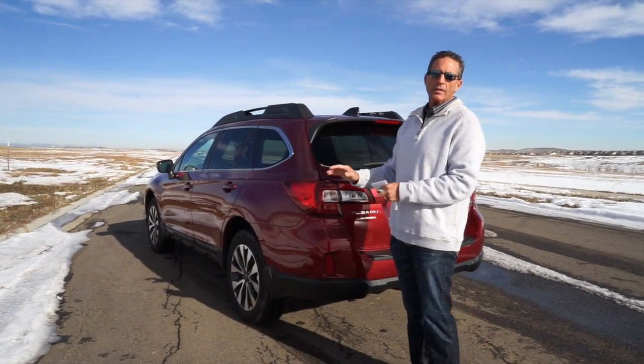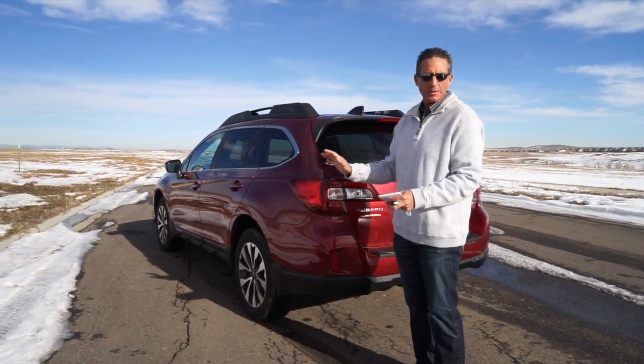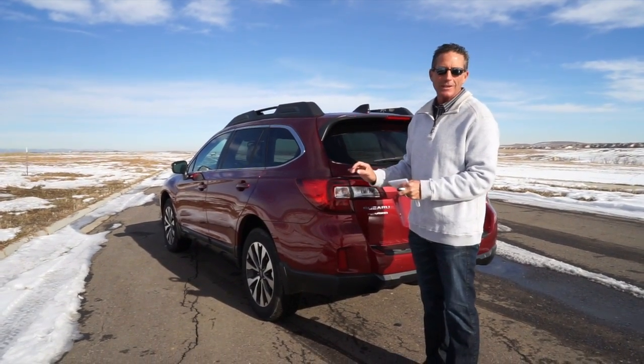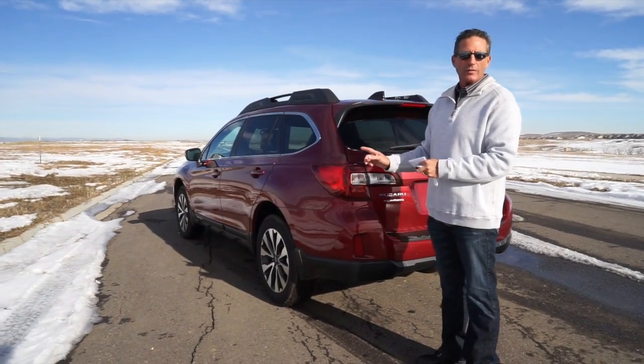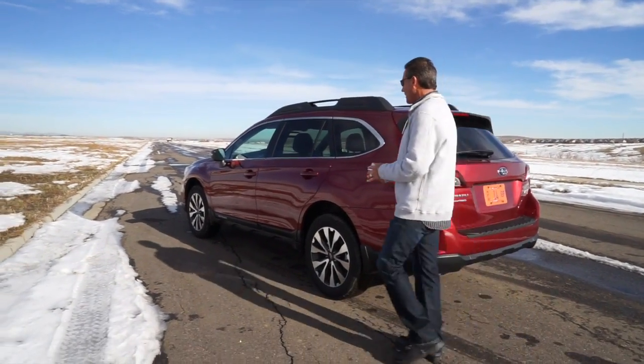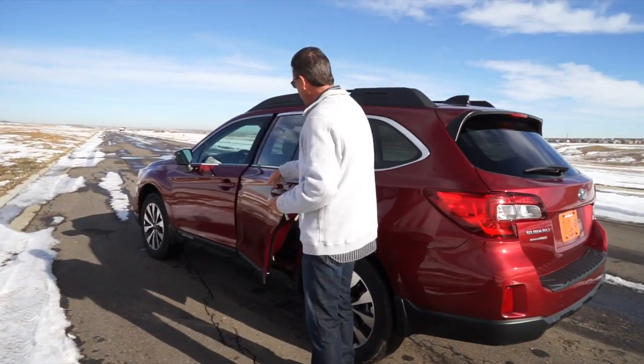Is it a hardcore off-road vehicle? Absolutely not. Some of the reviewers you see out there that are trying to do that with the car, that's not what Subaru designed it for. Can you take this back to your favorite fishing hole, hunting spot, things like that? Absolutely. As I climb in the back seat, and I wanted to mention the higher height on purpose because when I get in the back seat,